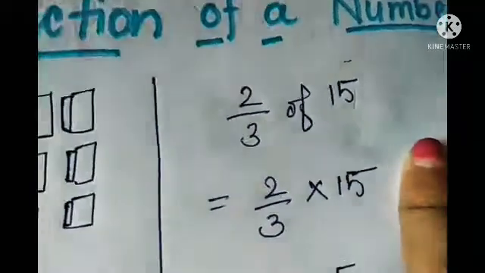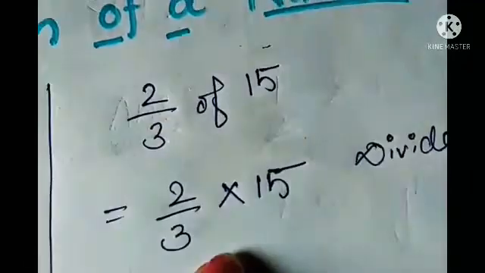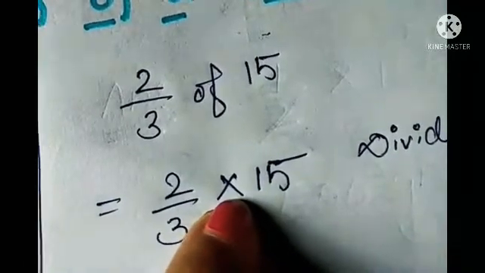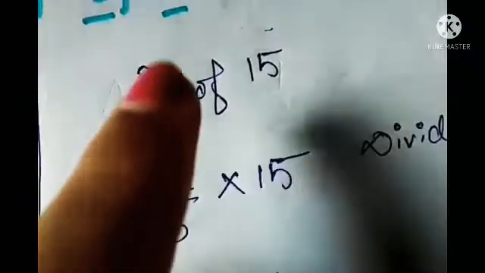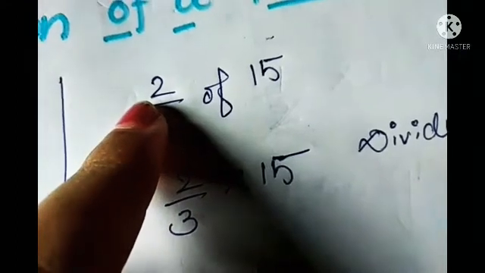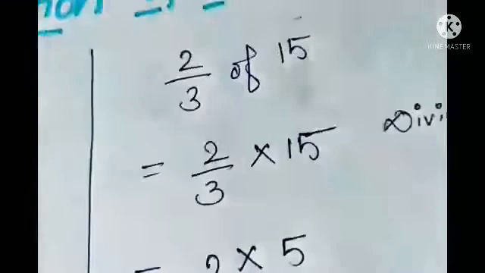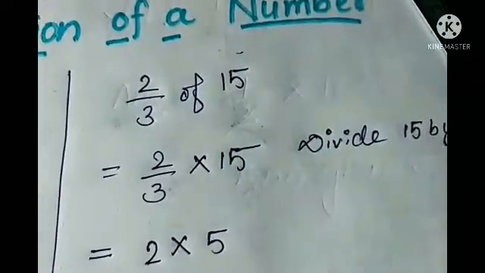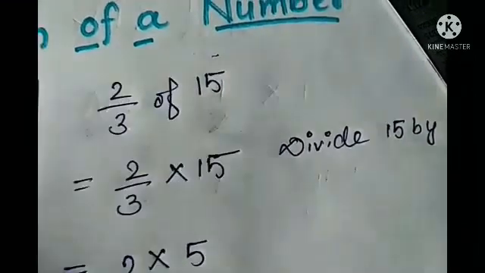So here students, you see properly, when this statement is written, in place of "of" you have to write multiplication. Anywhere you find this kind of problem, you have to place multiplication in place of "of". And if it were "and", then you should place a plus sign. There are some rules that I will tell you later, but here you should learn that if it is "of", then you have to put the multiplication sign.